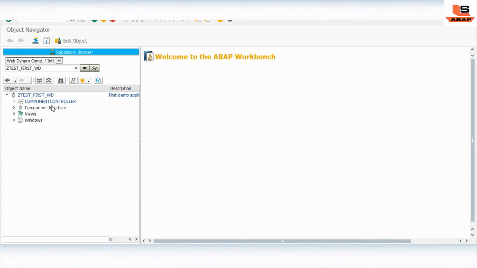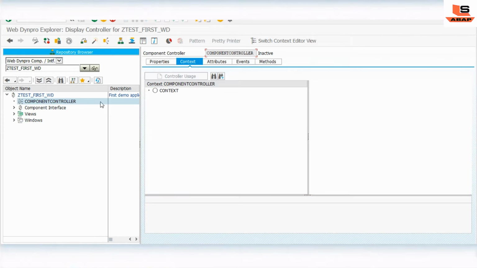When you create any component in Web Dynpro, as you can see, there are default component controller, view, windows and interface. Now what we have to do is define a context, that is, a node and attributes inside this context.